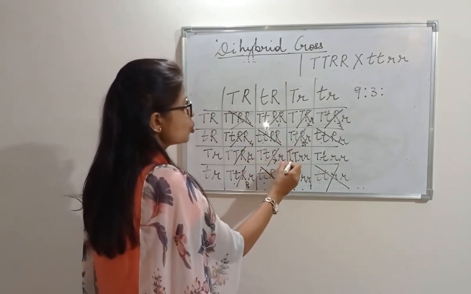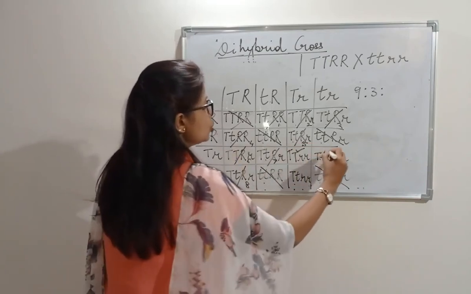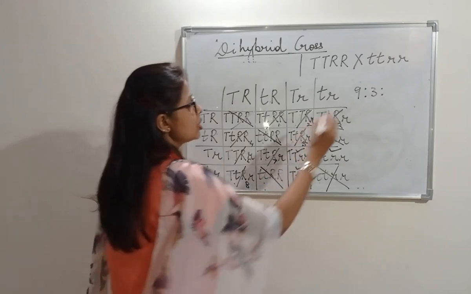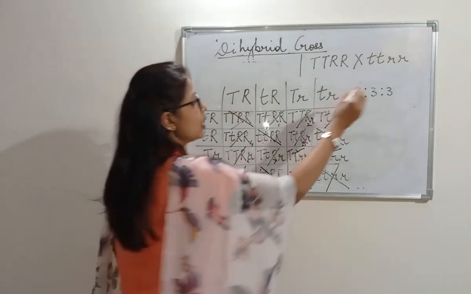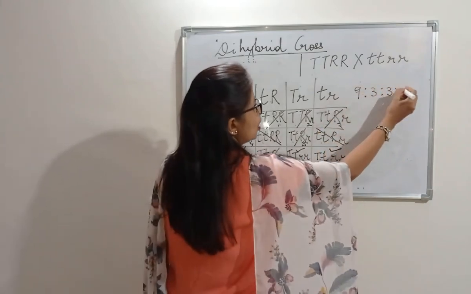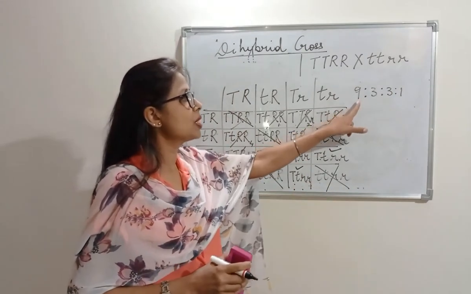Left is tall and wrinkled. This I am putting a tick. Tall and wrinkled, tall and wrinkled. So here again the ratio comes as 3. Then the last one is pure dwarf and wrinkled. So the ratio is